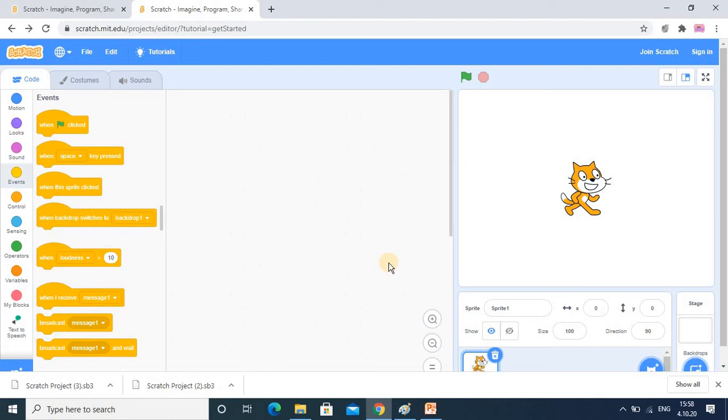Hello watcher and subscriber. This tutorial is going to be important to you because in this tutorial I will add two sprites. One will be the cat itself and the second sprite will be very important, that is a robot. So we will do the robot programming here and there will be talk between them, but we will learn a new concept that I told you in every video. I am adding the new concept for clearing your doubt.